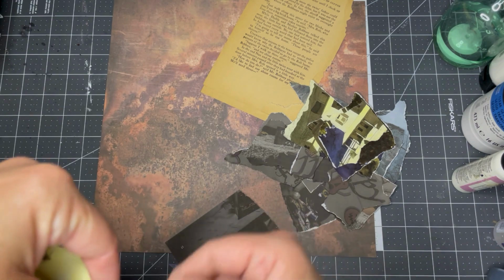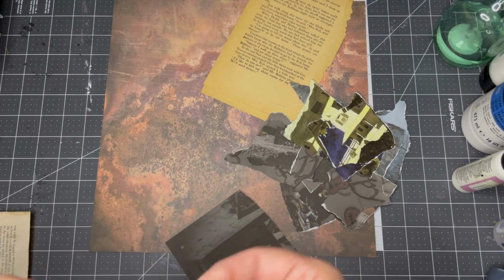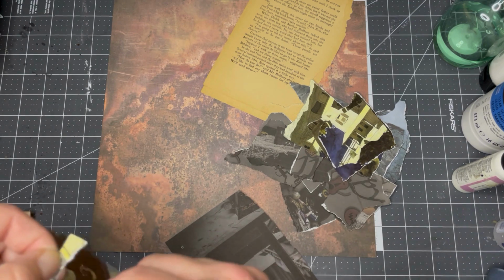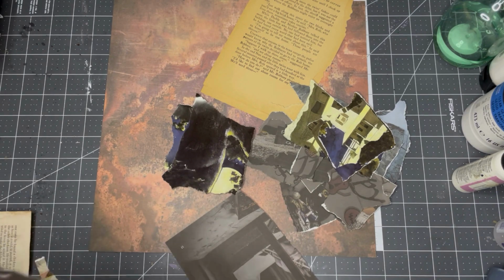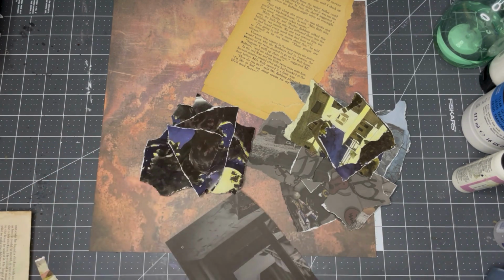I like using book pages better than magazine pages. Magazine pages nowadays, the newer ones, are very thin, and they're coated so that when you go to put them down on the paper, they're more likely to wrinkle. So either get old magazines or children's books for the images. Some nonfiction books will have great images. You just want to make sure the pages are thick enough to be able to take a little bit of liquid without wrinkling up. That one's probably too big, but...